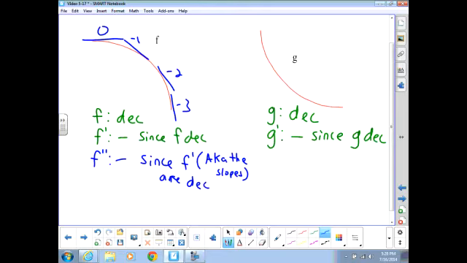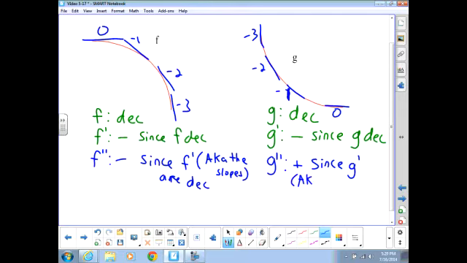So the slopes are getting smaller and smaller. So the change of f prime, or its derivative, f double prime, must be negative then. And g double prime, think of this as like a negative 3. This is like a negative 2, negative 1, and then a 0. So as you go from negative 3, negative 2, negative 1, 0, you're actually getting larger. So g double prime here is going to be positive since g prime,